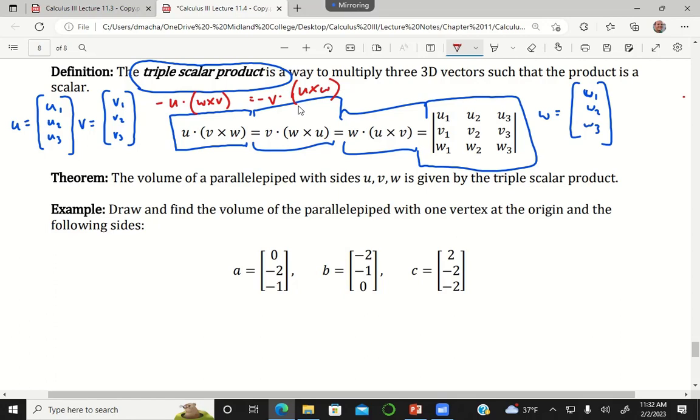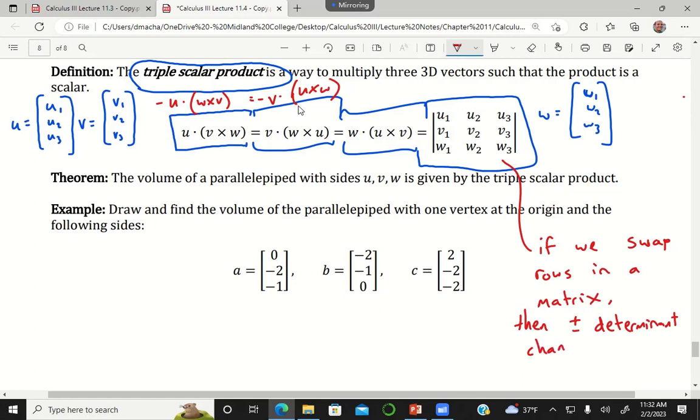And so what that means for us is, if we swap rows in a matrix, what does that do to the determinant? Yeah, then the plus or minus sign of the determinant changes. So if I have this matrix and I just exchange rows 1 and 2, then it's just going to make the determinant negative. And whenever I swap them back, it'll be positive again. So, kind of a weird